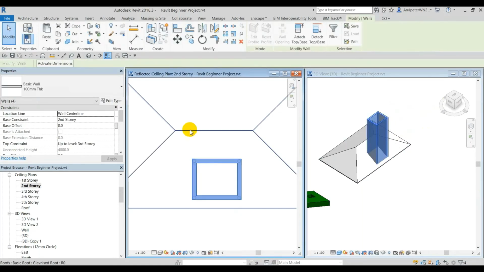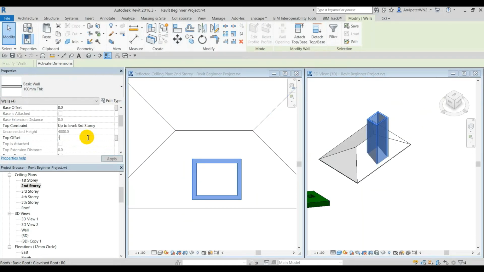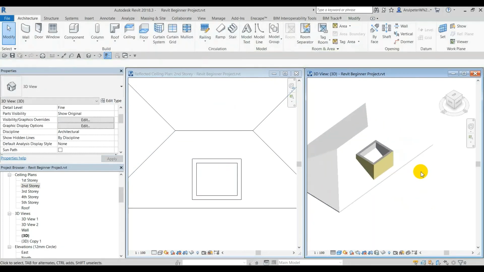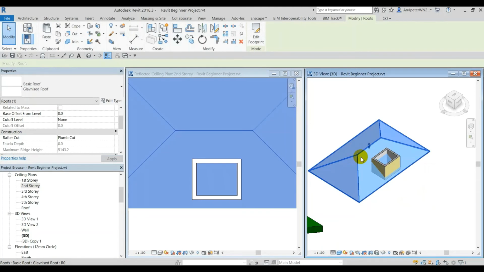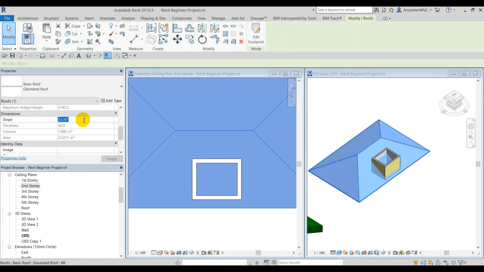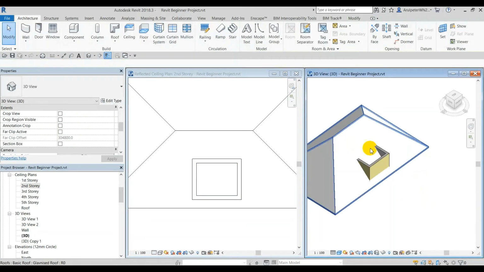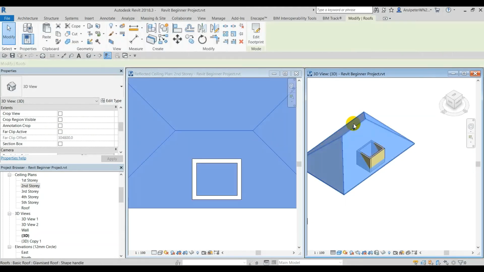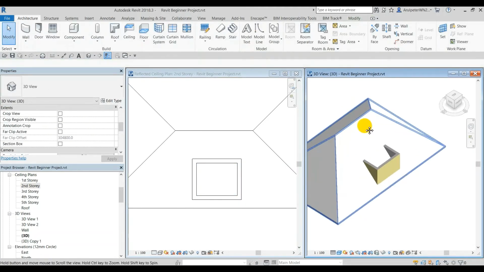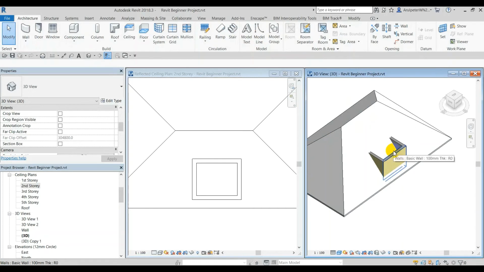I will click this wall, and then I change the top offset to -3 meter. This will be like that. Okay, so now I can start creating my wall, and then I want to change my slope shape again. I will change to 45°. So now this is a really sharp slope, but this is for a center. Okay, and then now I can see